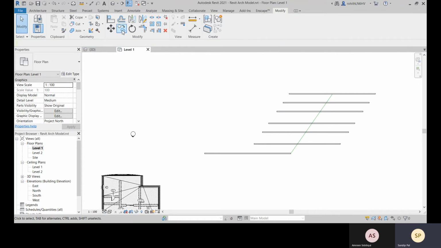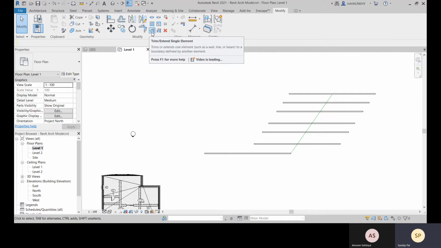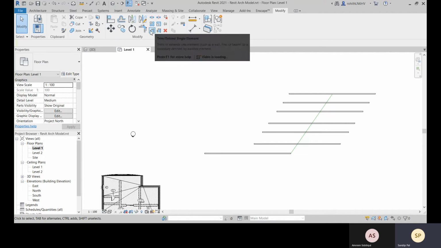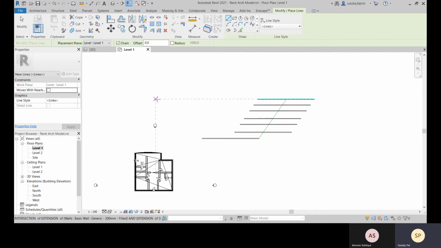Now you know how to move, how to copy, how to rotate, and how to array and split an element. Next, how we trim. For trim, we have some different options, like trimming corners, or trimming multiple times. This is for a single element, only one within one command. And this is specifically for multiple elements, and this is particularly for corners that you can do multiple times also. So let me go with this line.